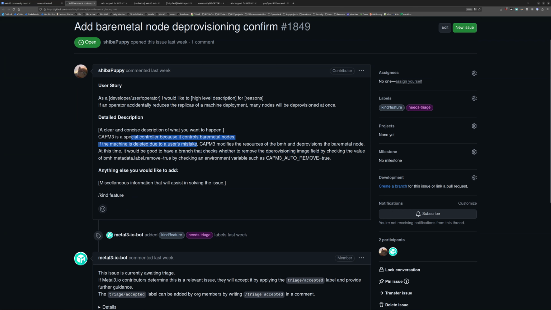I'm not even clear about the goals here, because the original statement says that there is a machine deployment and the operator accidentally reduces the replica set, and then the deletion starts. Yes, that's probably equivalent to just deleting a machine accidentally, or a number of machines. But my problem is that I don't understand what's the end state here. What's the goal? Because if we would put something on it to not allow this, then that's the finalizer thing, I guess, that you mentioned. But then there is this sentence, which just doesn't match in my head with anything. Good to have the branch that checks whether to remove the deprovisioning image field by checking the value of the